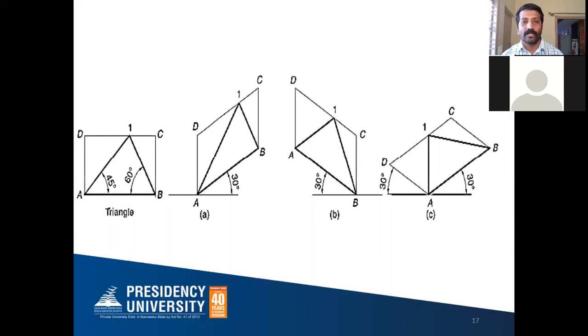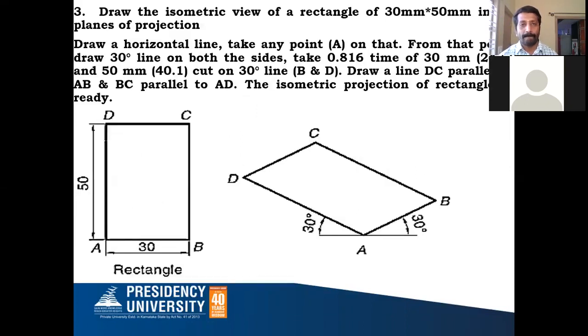Similarly, you can draw it in the other two methods also, the vertical line with 30-degree right side, and vertical line with 30-degree left side. You are going to get the isometric projection in this particular way. All the 3 are given here, so you can try it. All the 3 shapes are easy for you to understand. So this is how we have to draw the isometric projection of your triangular lamina. Next we'll go to the